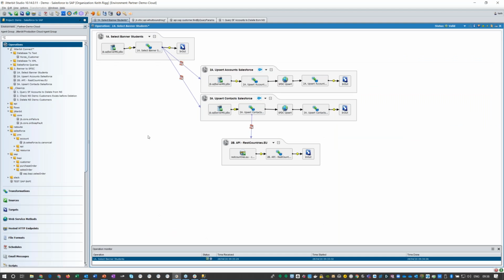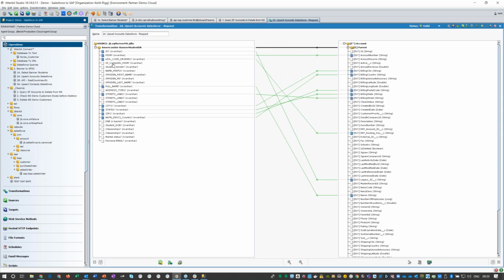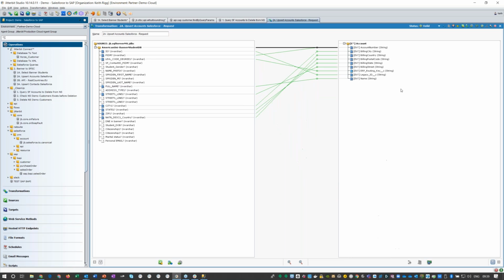So if I jump back into Jitterbit here for a moment, you recall the account was sent through unaltered, so the raw data. This is the SQL on the left-hand side, and then you've got the account object on the right-hand side. And you can do things like hide unmapped nodes to get a clean view. And you can see that by and large, that's unaltered.